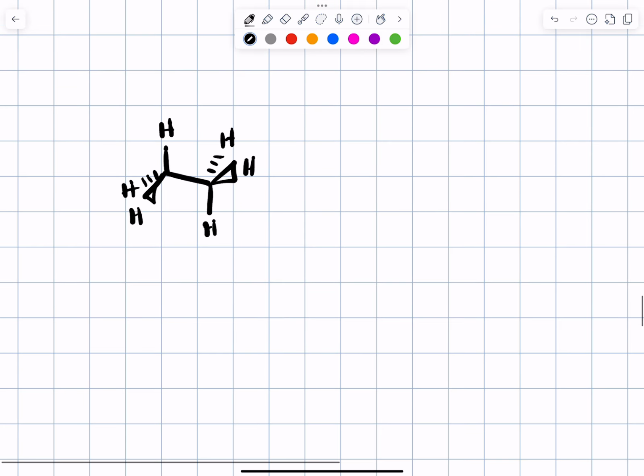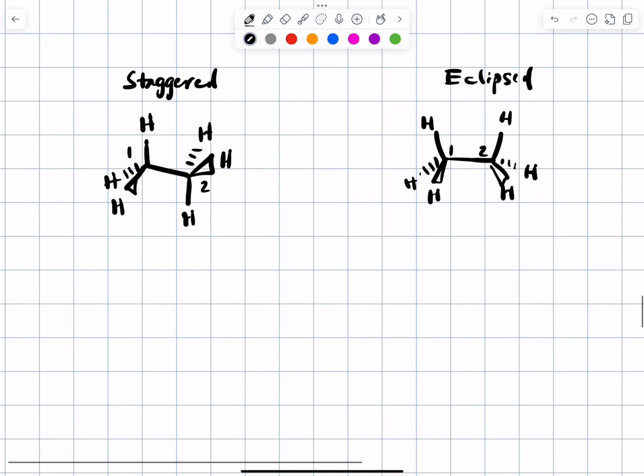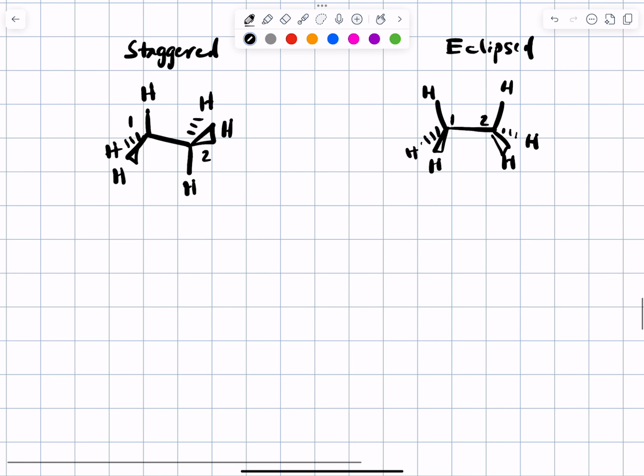And then I will draw the same molecule in an eclipsed conformation. And in the eclipsed conformation, the CH bonds on carbon 1 are going to be lined up with the CH bonds on carbon 2. It may not be immediately obvious that the one on the left is staggered and the one on the right is